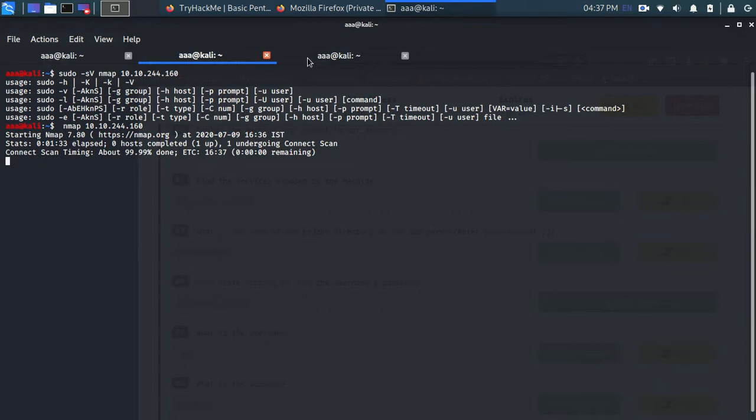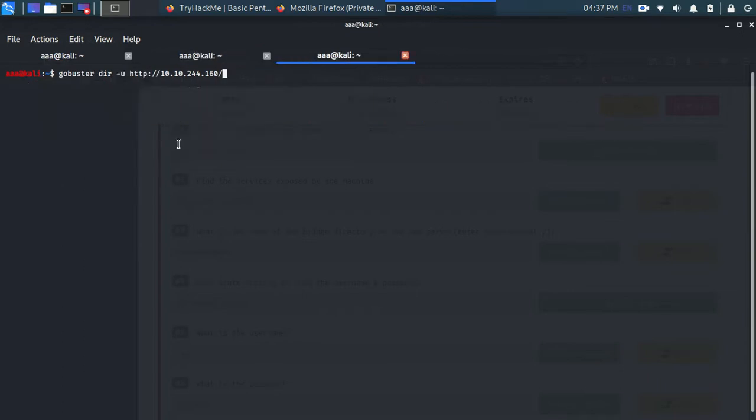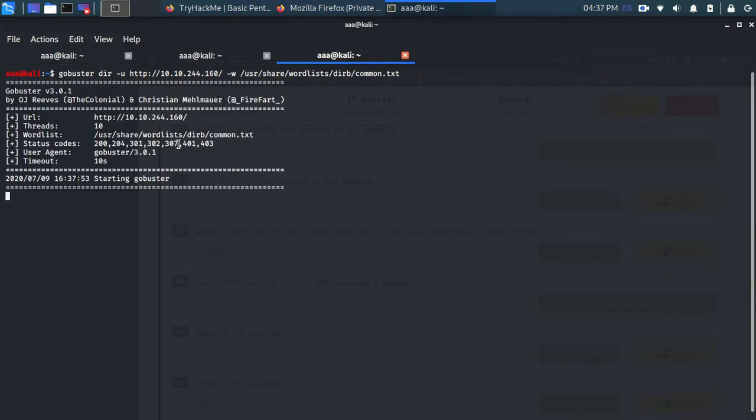Then you type -w for the word list which you are going to use to brute force this, and the word list is /usr/share/wordlists/dirb/common.txt. You can use any word list, I just prefer this one.